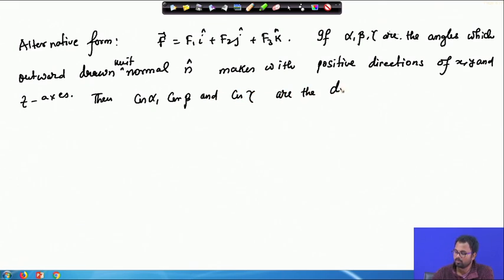This is from our 3D geometry. You can have a look in any standard book on 3D geometry. So, these are the direction cosines of n,